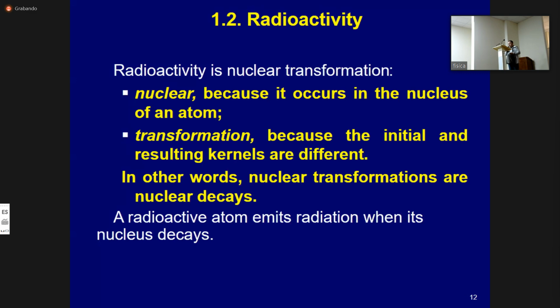Radioactivity surrounds man everywhere. Any natural substance around us contains natural radionuclides such as potassium-40, uranium-238, thorium-232, etc. Artificial radioactivity can be obtained as a result of nuclear reactions. First, adding a neutron to the nucleus or removing a proton from the nucleus. Second type, removing a neutron from the nucleus or adding a proton to the nucleus.